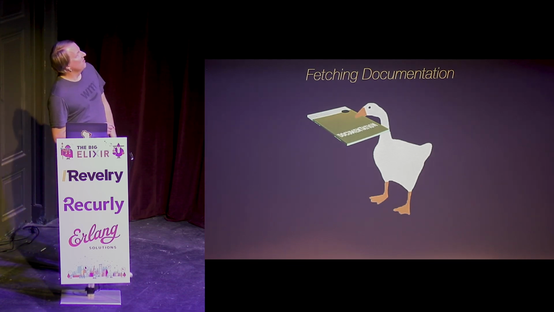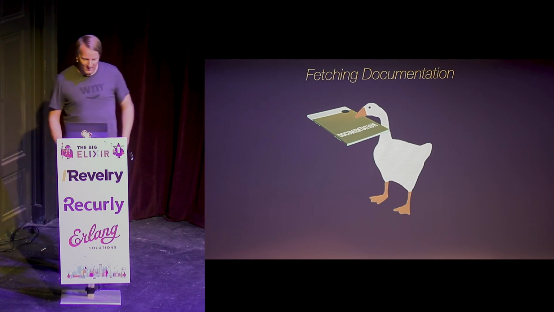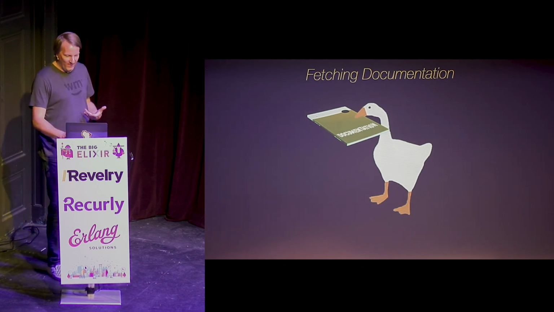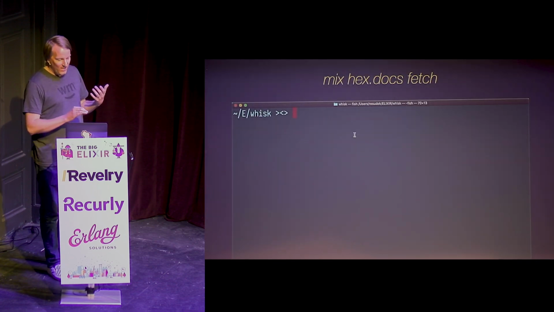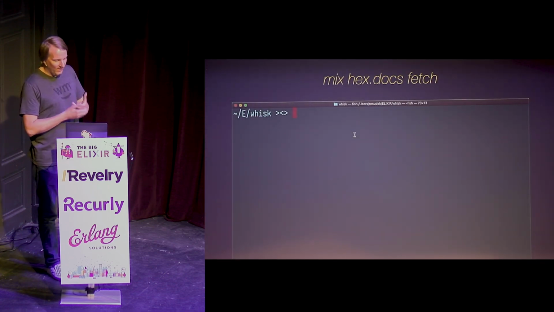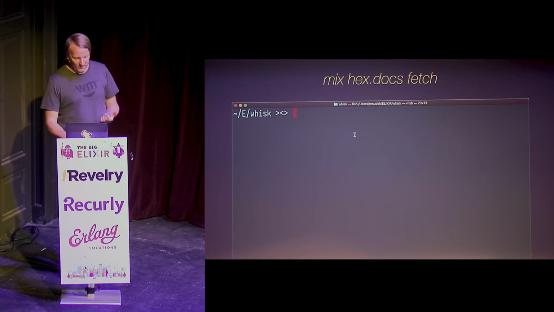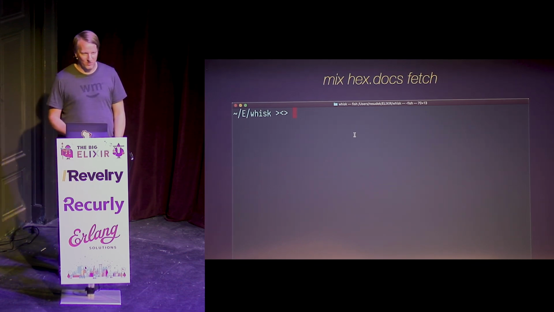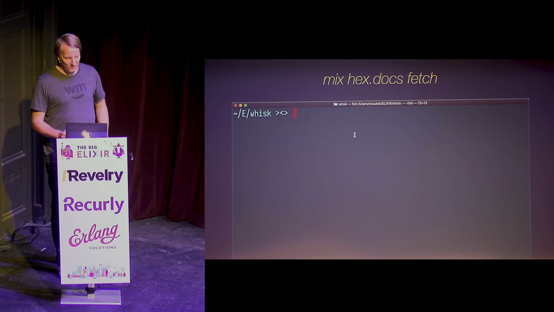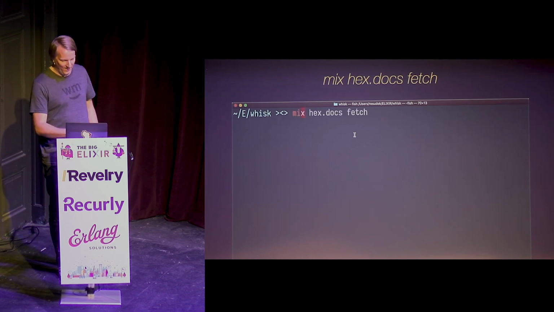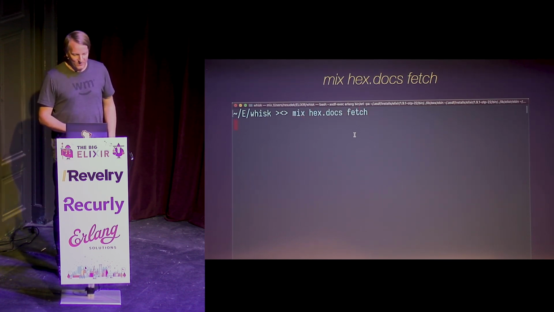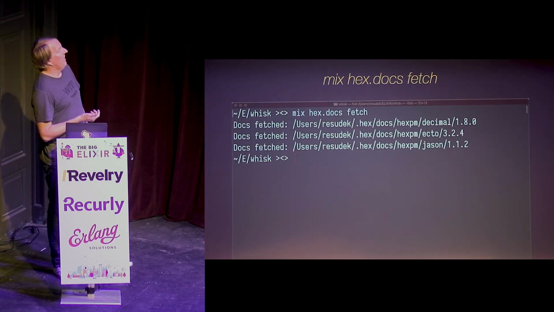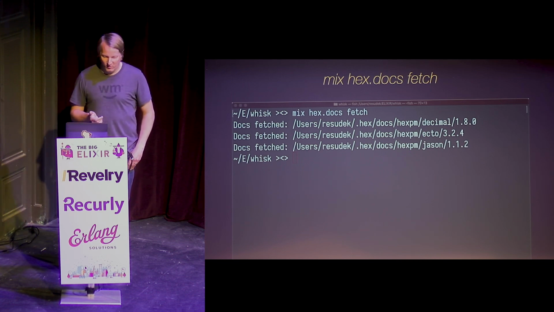I know I'm mixing a lot of metaphors here, but what happens when you get documentation? Another way to get it, rather than go directly to the website, is right from your command line. So if you're an Emacs person or Vim person and you hate to use the mouse for some reason, you can just use the command line. No judgment on that.